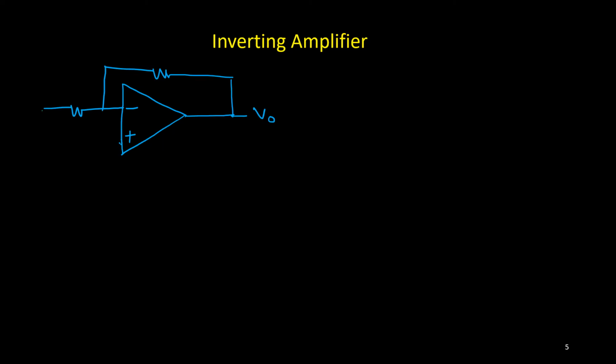So here suppose I connect a voltage source, and that voltage is VI. This is your V0. This resistance is R1. This is your R2. And at the non-inverting terminal, we won't apply anything. We'll make it grounded. Now this circuit we want to analyze, right?